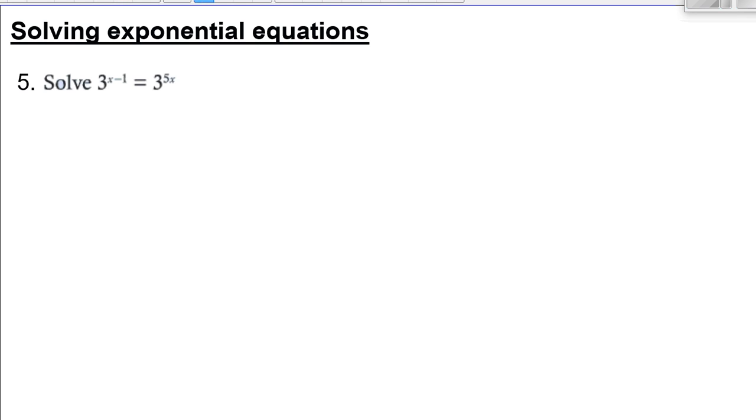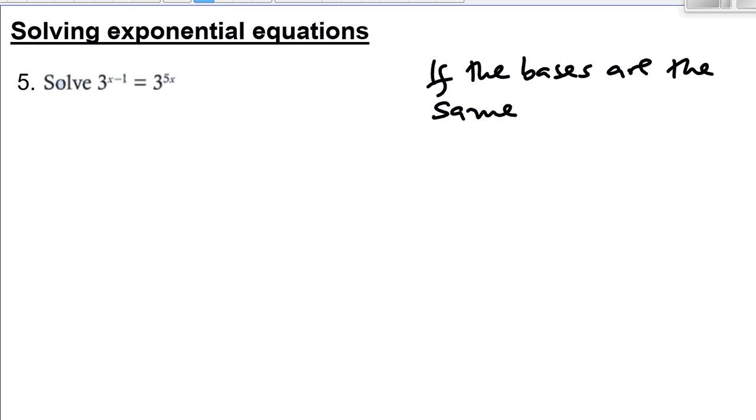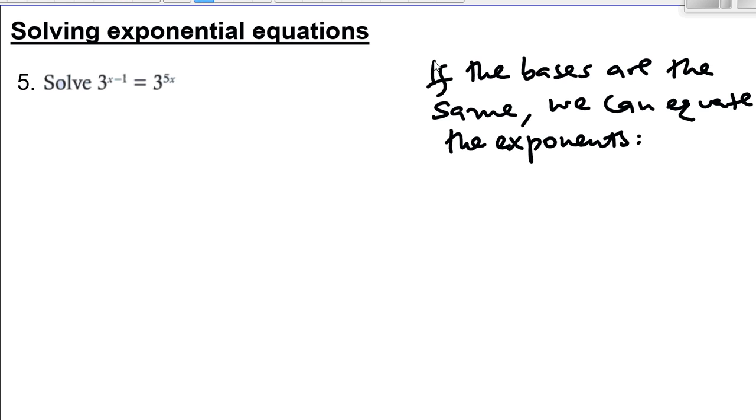To solve exponential equations, you need to keep this in mind: if the bases are the same, what you have to do is just equate the exponents. Okay, so what I mean by that is, in this question here,